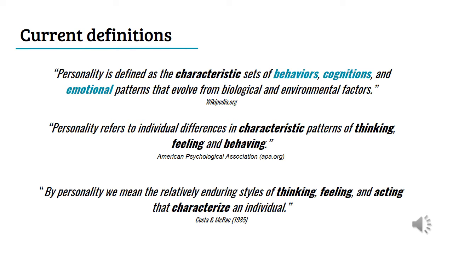There are many definitions for the term personality. Still, most of them are similar as they have specific parts in common. Firstly, it can be stated that personality characterizes individuals. Secondly, most definitions refer to the dimensions of cognition, emotion, and behavior as parts of the personality. The following three definitions from Wikipedia, the American Psychological Association, and Costa and McCrae can be seen as examples.